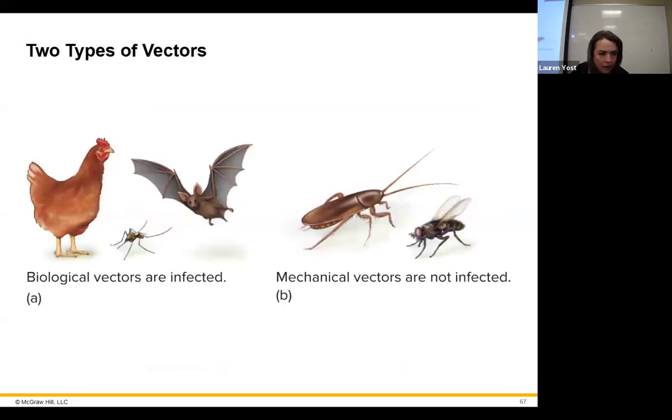The difference, okay, I keep saying all of these. It lives in rats naturally or something like this. Okay. Now we have a mechanical vector. You get sick from these guys, not because they actually have the disease in them, but because they ran across some poop and then ran across your food or whatever. Flew and landed on poop and then flew and landed on your food at the barbecue. That's these, we know that.